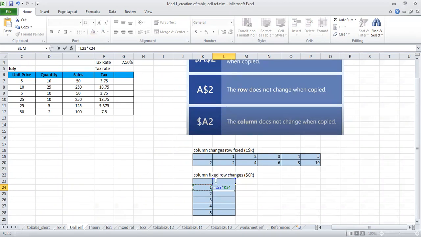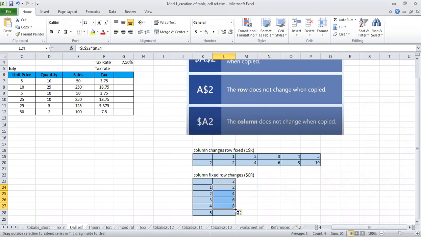Now this L23, the 2 value that I needed to be fixed. So I am just going to put a dollar symbol in front of L and in front of 23. For this one, I need the rows to change, but the column K needs to be fixed. So what I do is I put a dollar symbol just in front of K such that my column K becomes fixed, but row 24 changes to 25, 26, 27, and 28. Okay, and now I click enter and drag this to all the other cells. You see, I get the answers: 2 into 1, 2, 2 into 2, 4, 2 into 3, 6, 2 into 4, 8, and 2 into 5, 10. Clear?